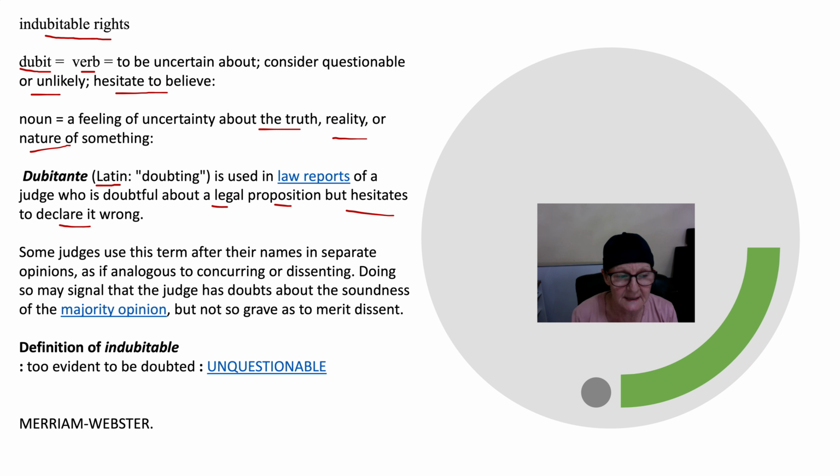He only needs to make a declaration to say that he is doubtful that the law that was created comes under the natural law. And then that law will usually need to be removed, especially if it seriously damages our rights. Some judges use this term after their names in separate opinions, as if analogous to concurring or dissenting. Doing so may signal that the judge has doubts about the soundness of the majority opinion. Now, this comes of